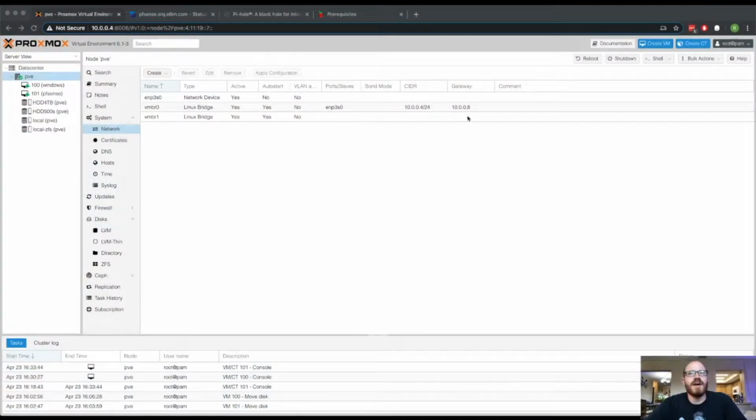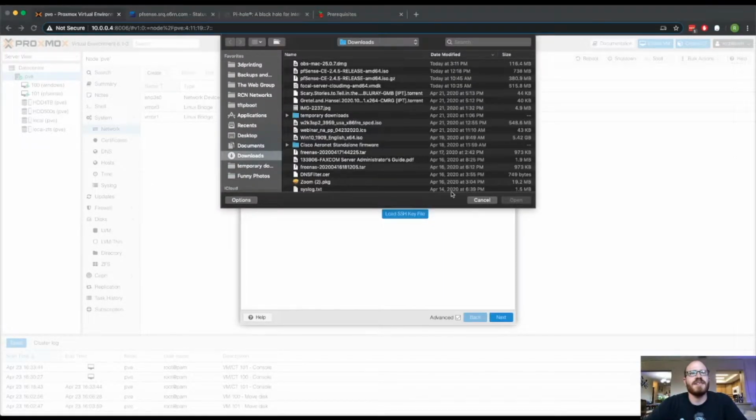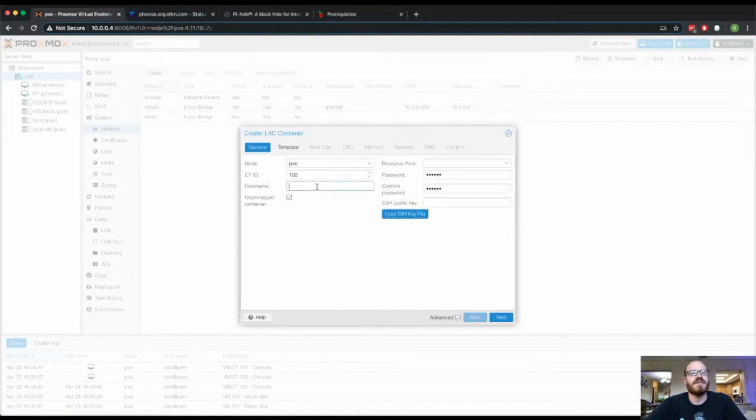I'm going to do this in a container. A container just uses less resources. I'm kind of picking up from one of my other videos. So password, monkey, confirm password, monkey. Do I have my SSH key file in here? That's fine. Hostname,